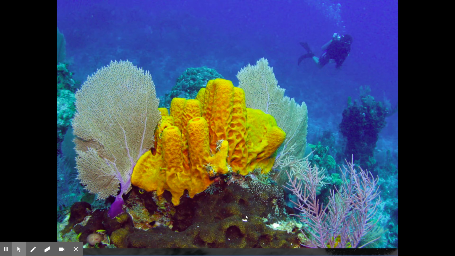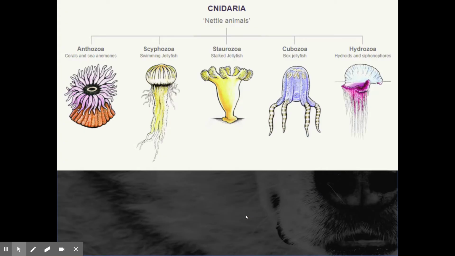So here's a pretty one. All right, Cnidaria, nettle animals, stinging animals. So you've got corals and anemones, different types of jellyfish, more jellyfish, more jellyfish. These guys, which look like jellyfish. So no head with eyes and a nose and a mouth like we would think of in some organisms. Soft-bodied. Stinging tentacles are used for paralyzing prey usually, because these guys are not fast to respond, so they have to sting and immobilize their prey, and then they sort of envelop it and gradually break it down and get food from it.